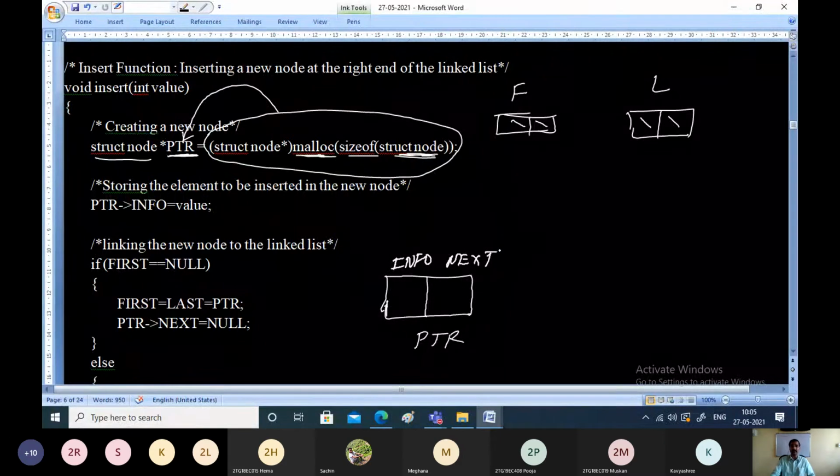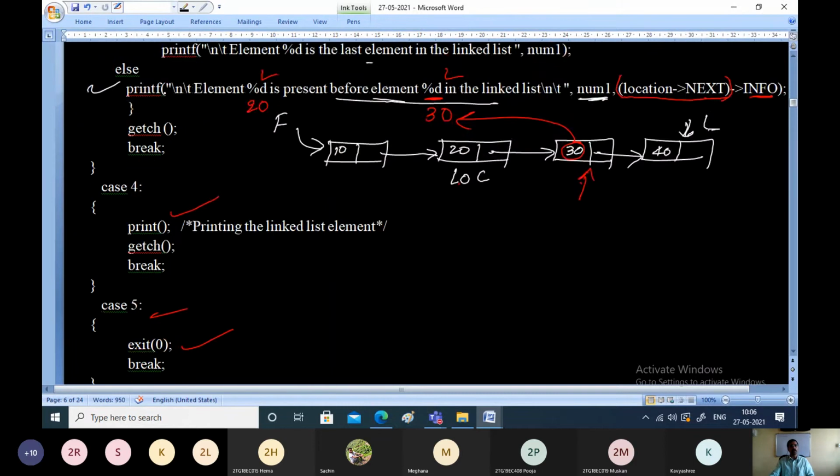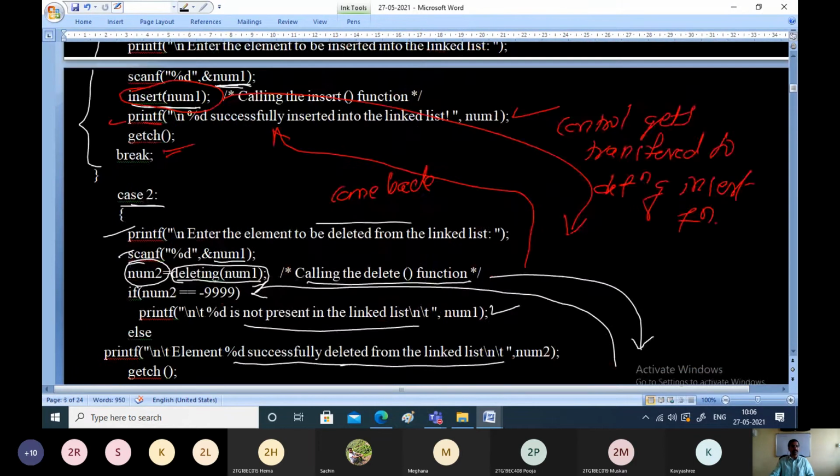Once you have allocated the memory, let us create the linked list with these elements 10, 20, 30. I'll explain three times, which will be sufficient. Let us insert three elements in the linked list. What is the first number you want to insert? 10. So assume that you have given 10. See here, we are receiving one parameter from the function call. What is that value in the first case? Value is 10. How do we get this value? We have to slightly go back to the insert call we studied just now.